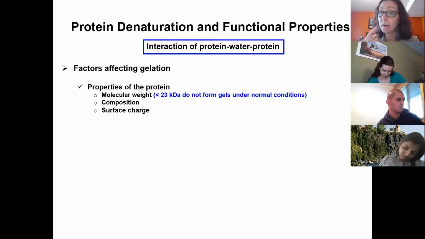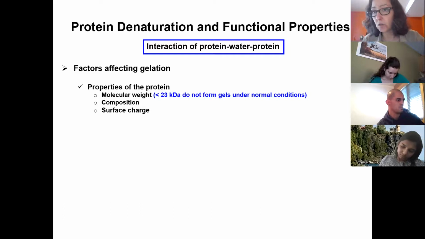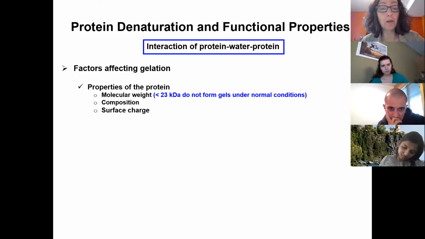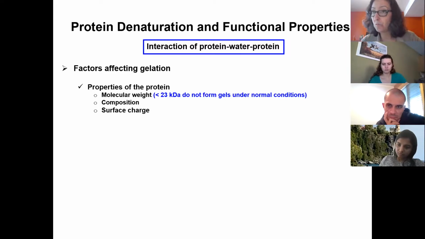And this one sulfhydryl group allows the breakage of other disulfide linkages. Then you get more free sulfhydryl groups, and then you get more disulfide interchange. So that's kind of an exception. It's a small molecular weight protein, but it has other characteristics that induce gel formation. Composition: if you have a high hydrophobic percentage, like we said, it tends to form irreversible gels and possibly strong gels.